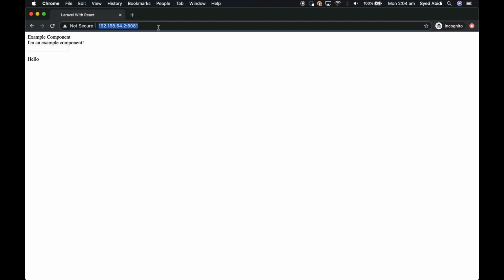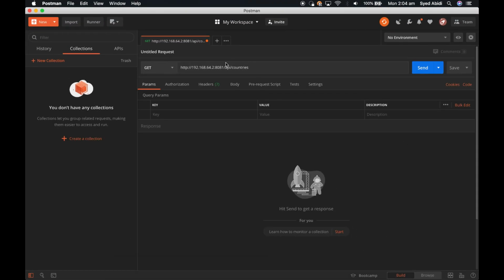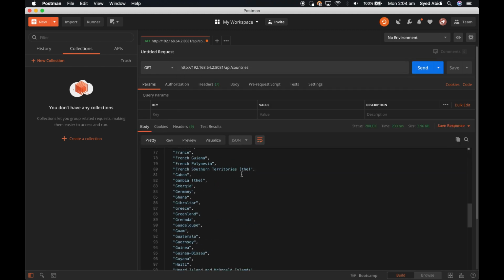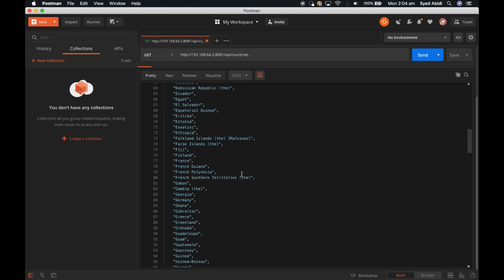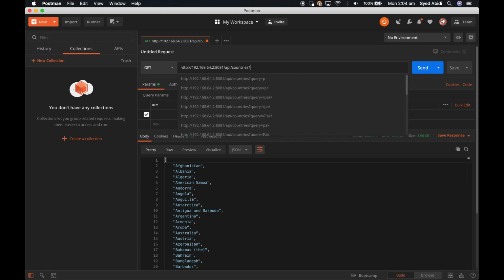Let's check it on Postman. So copy it, go to Postman, and paste it, /api/countries. It should return us all the countries as expected. There you go. So these are all the countries that are returned from this array, from this API, I mean. And if there is any query string named query,